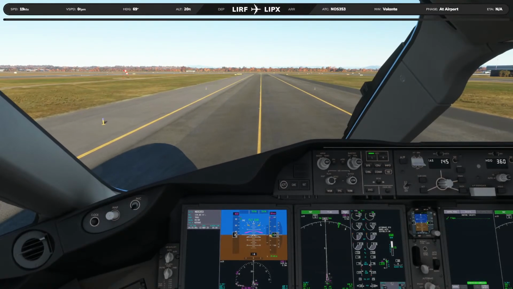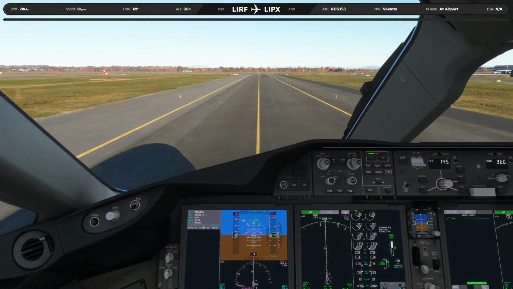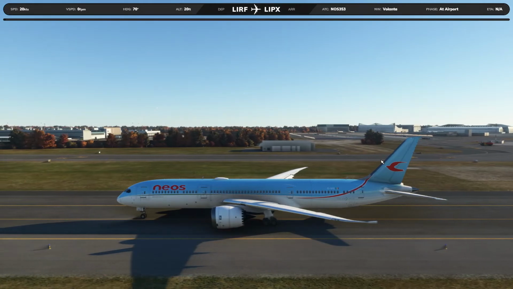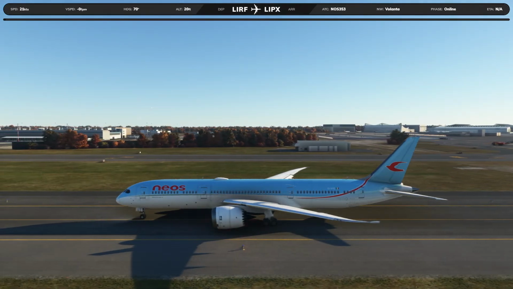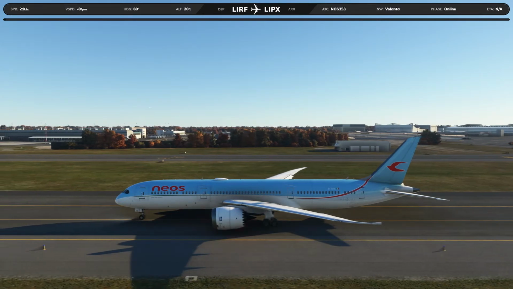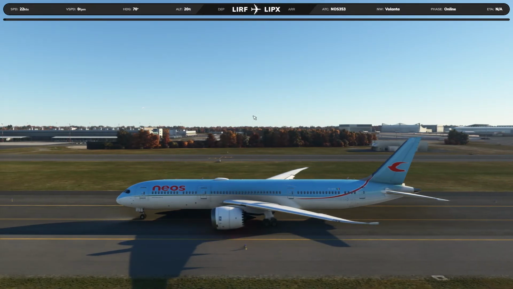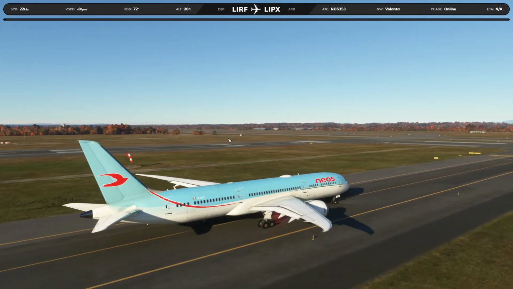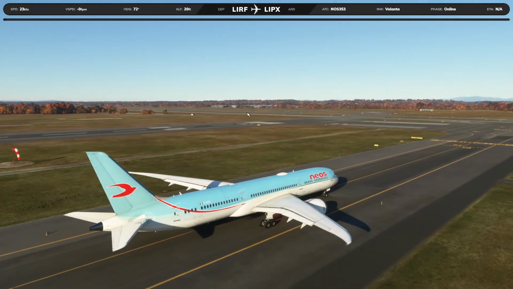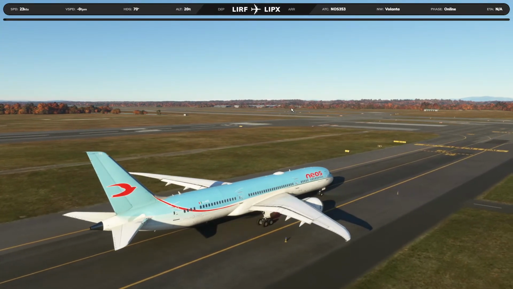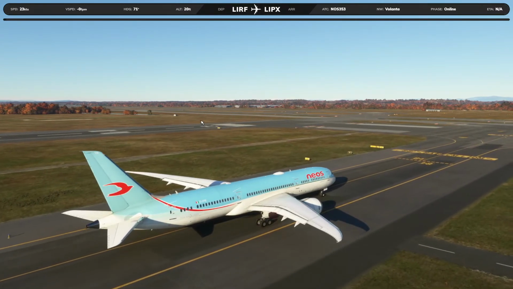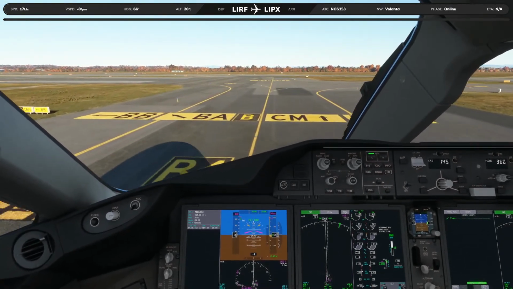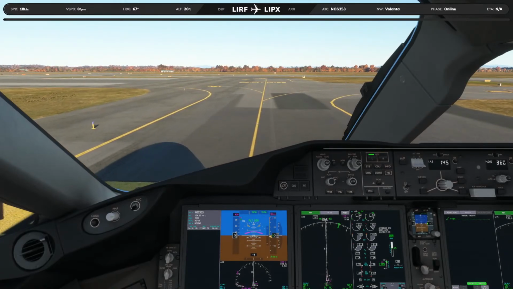Right, it's looking good here. I tell you guys, Rex AccuSeason's Ultimate really changes things around to a great extent. I mean, Microsoft Flight Simulator actually looks a lot more believable in terms of its trees. You see the coloration of the trees there? Looks really, really good, I have to say. Right, here's our turn for runway 25.